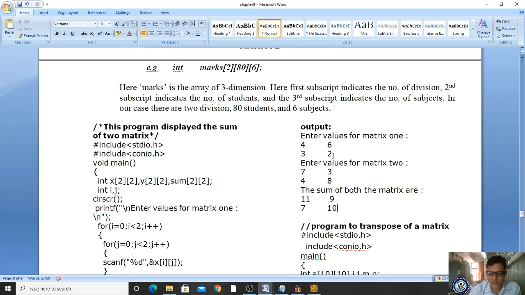Correct, right? So this is the summation of two matrices. This is matrix 1, this is matrix 2.